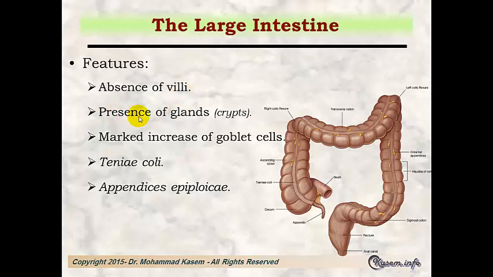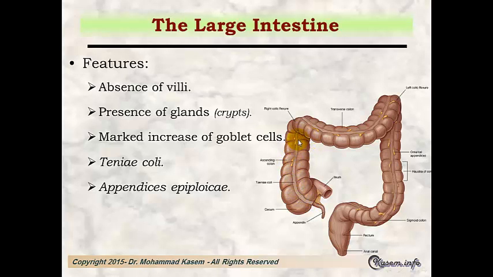Also, instead of villi, we'll find only glands, the crypts, sometimes called crypts of the large intestine. Number three, marked increase in the goblet cells. Number four, the taeniae coli, which are the external